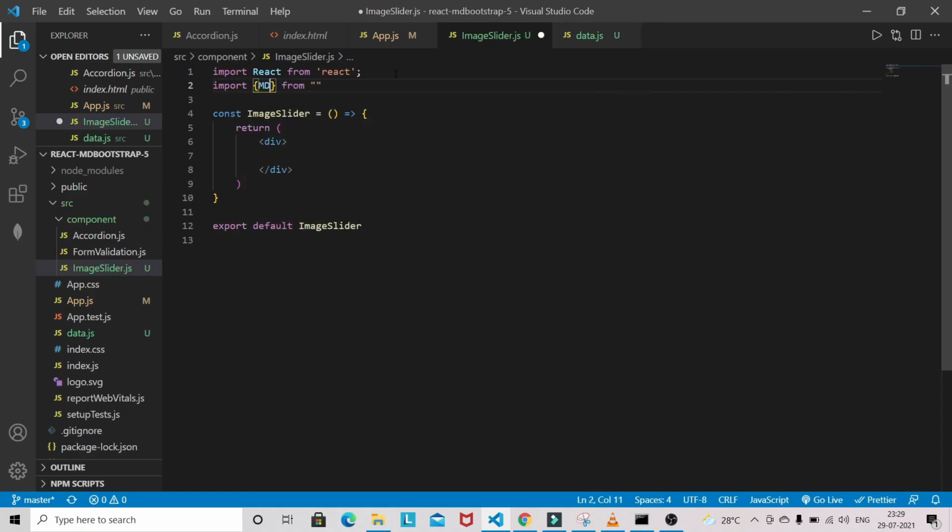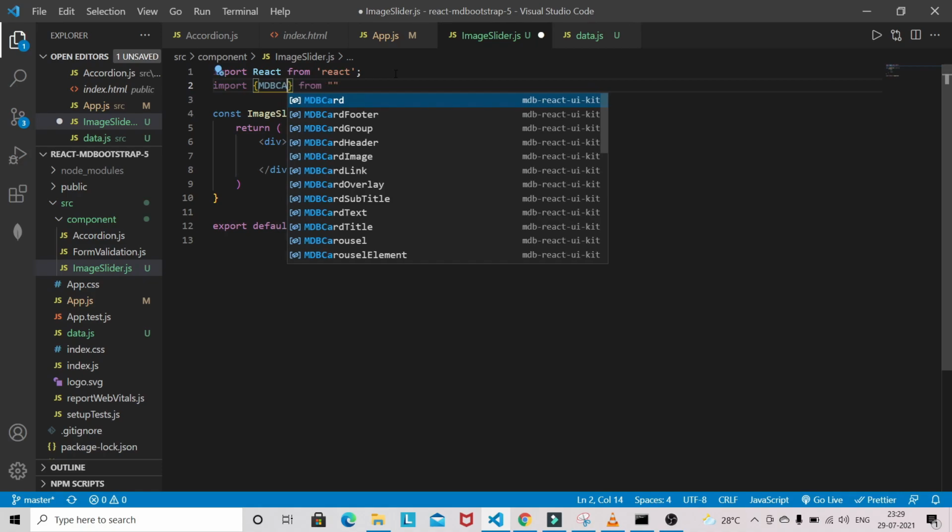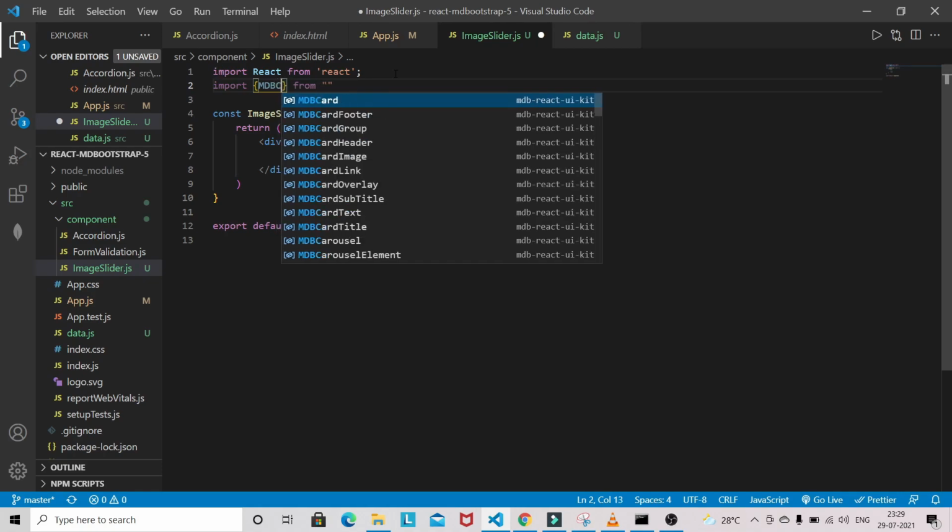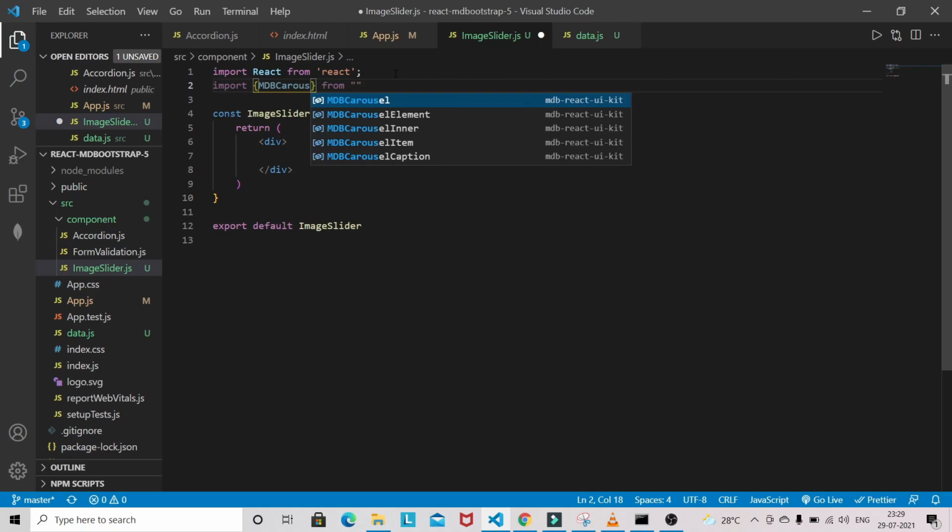So that will be like MDB carousel element.